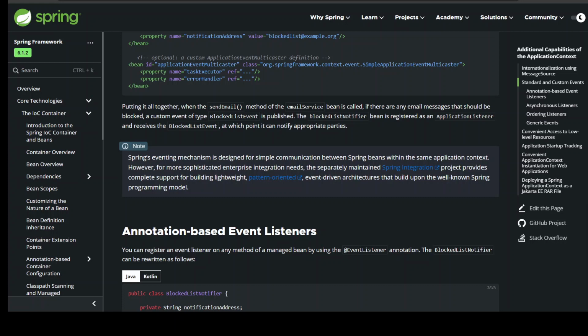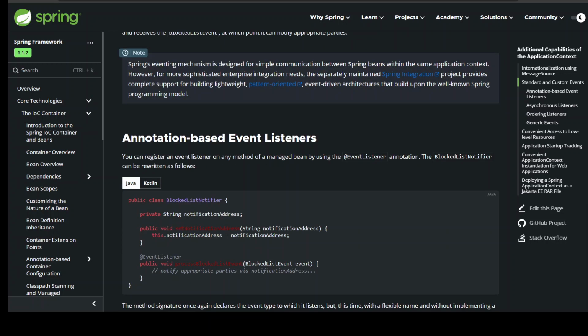Annotation-based event listeners. You can register an event listener on any method of a managed bean by using the @EventListener annotation. The BlockedListNotifier can be rewritten as follows. public class BlockedListNotifier { private String notificationAddress; public void setNotificationAddress(String notificationAddress) { this.notificationAddress = notificationAddress; } @EventListener public void processBlockedListEvent(BlockedListEvent event) { // notify appropriate parties via notificationAddress... } }